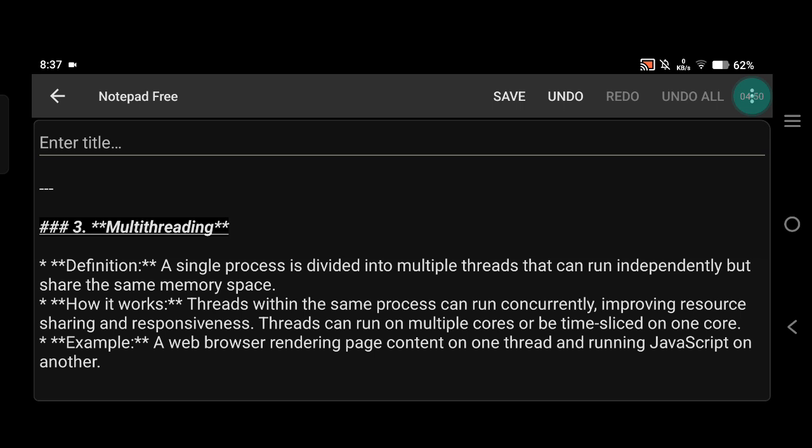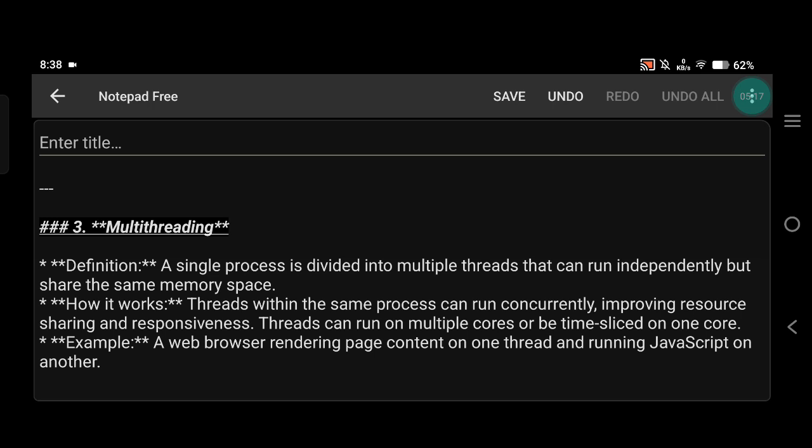See, multithreading happens inside a single process. A process can be thought of as a program in execution. Multithreading divides this process into multiple smaller threads that share the same memory space.